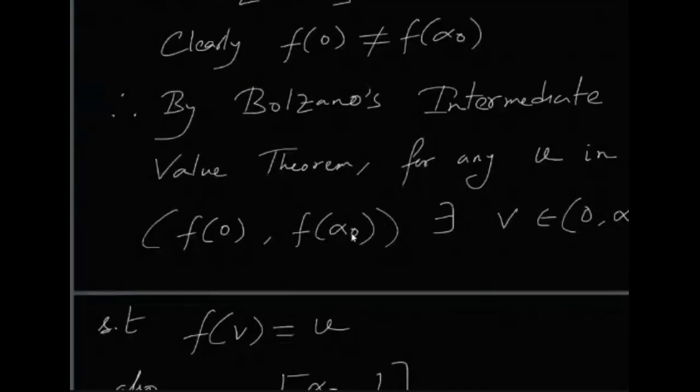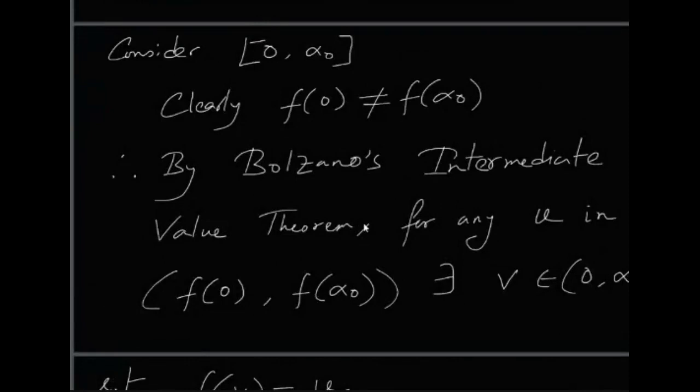So by Bolzano's intermediate value theorem, or BIVT for short, if you know the intermediate value theorem, that's fine; if you don't, that's fine too. It just says that if a function f is defined on an interval, and you take any two points a and b, and f(a) is not equal to f(b),